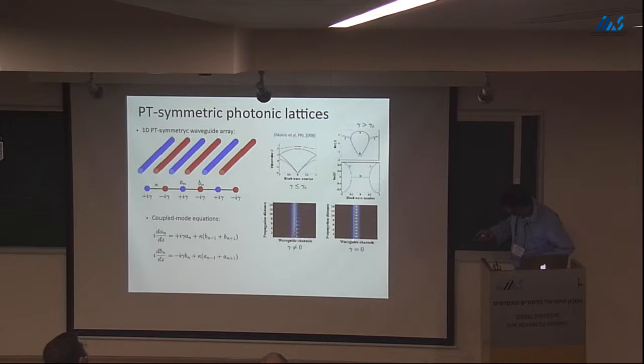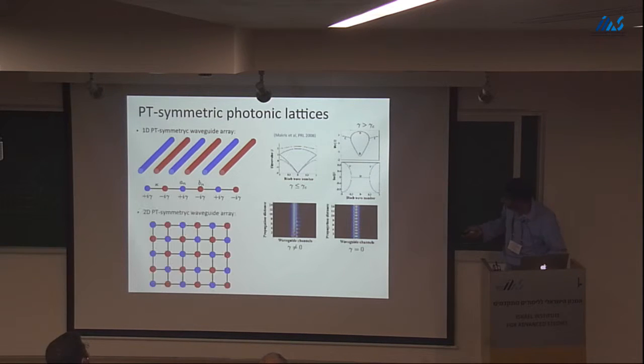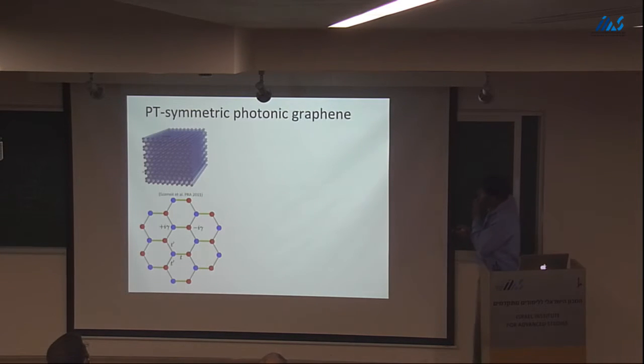So when gamma equals 0, you have no spreading. When gamma is non-zero, you will get some spreading, and the same thing also happens in the 2D case. You get some kind of spreading of this intensity. Okay, so now let me